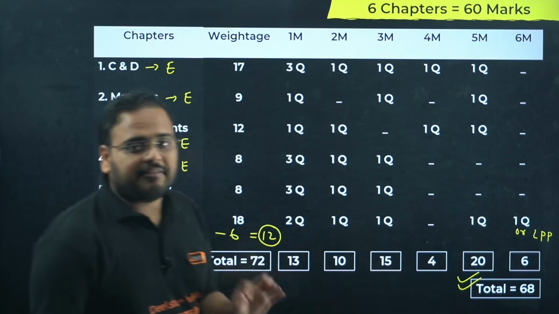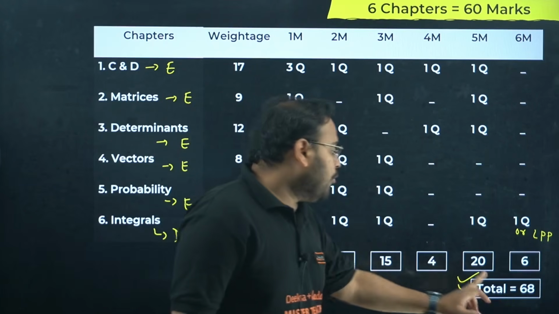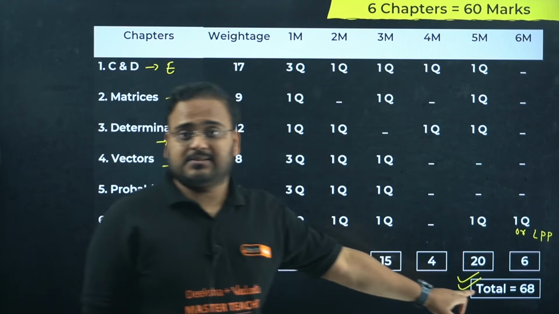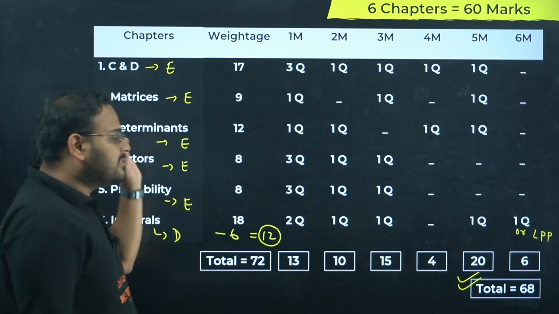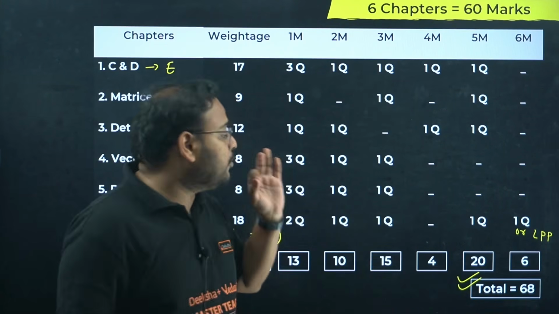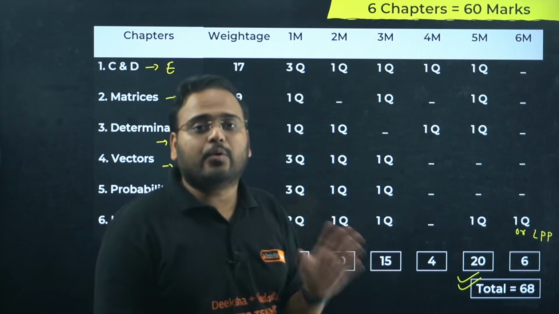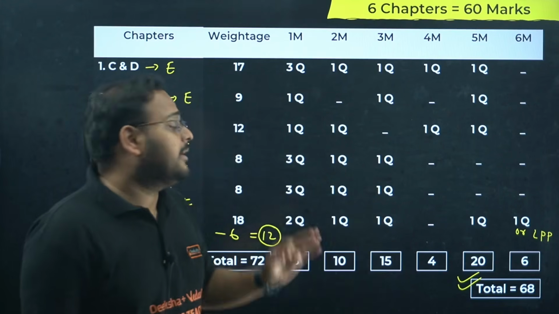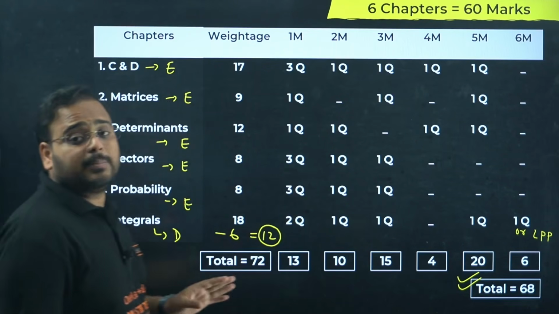Now tell me, if you properly learn these chapters with LPP, what do you get? You get easily 60 plus. Of course, I know that you all knew very well that if we solve these chapters we get 60 plus. But not only that, I'm here to tell you it is possible to do that. It's not a theory, it's not a story, it is a practical thing. You are completely there to score 60 plus marks from these 6 chapters.